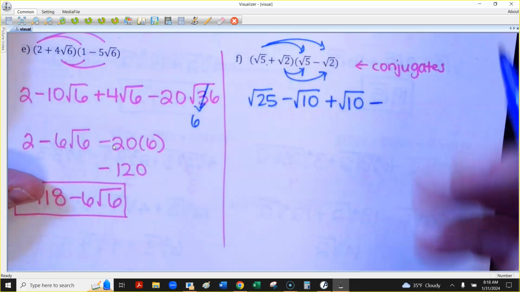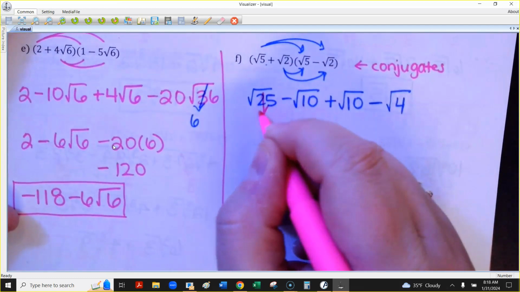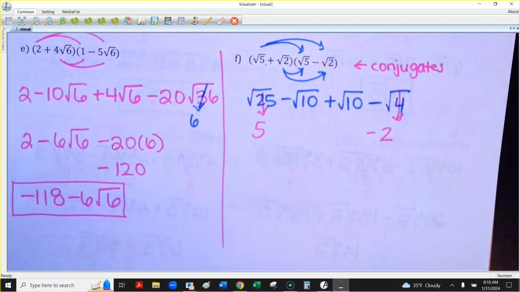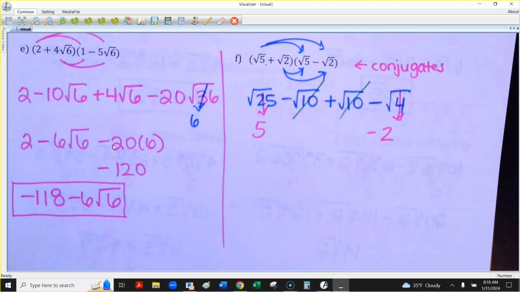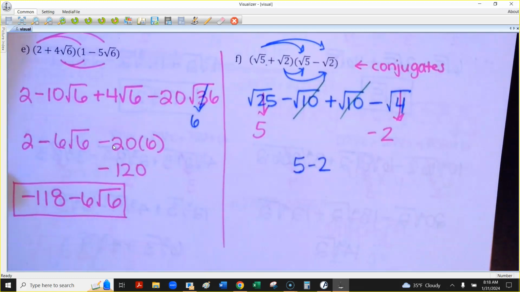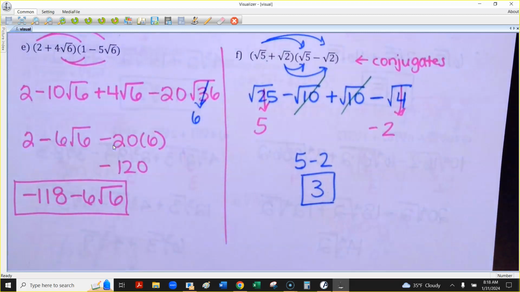Root 2 times root 2 is root 4. All right, so this first term is really just a plain 5. This last term is really just a minus 2 when I take the square root of 4, but it should be subtraction because I had a negative times a positive. And what's interesting about this, these guys in the middle are like radicals, but one's plus, one's minus. They cancel each other out. So really, I have just 5 minus 2, which means my answer is 3. So we're going to work more at this tomorrow, but whenever you multiply conjugates, all the radicals cancel out. So if you get a question like that, don't think you're doing